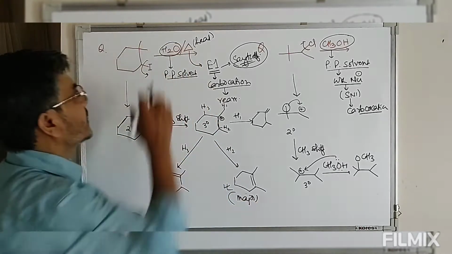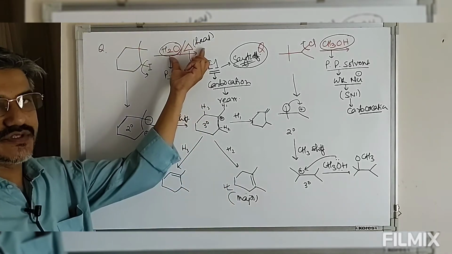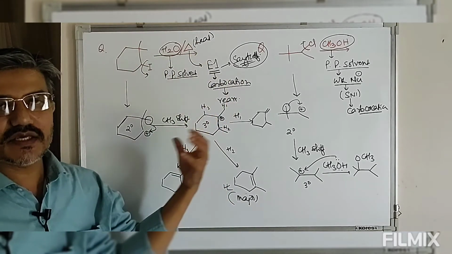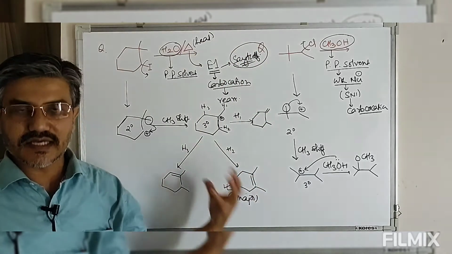And so in this reaction, this is the product that will be formed by this process. So this is unimolecular elimination via a carbocation followed by rearrangement, and the elimination follows Saytzeff's rule.